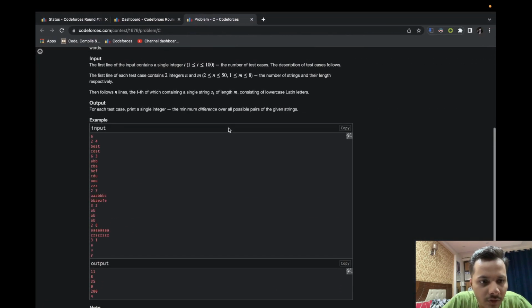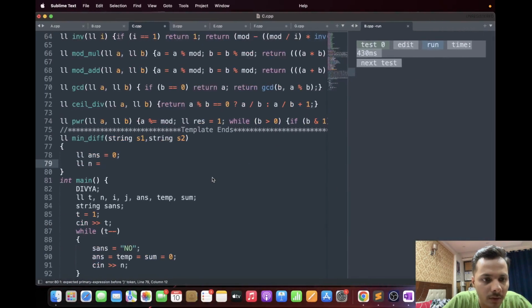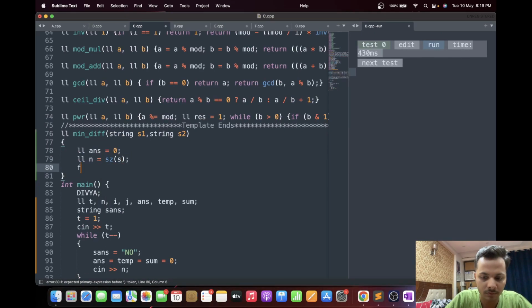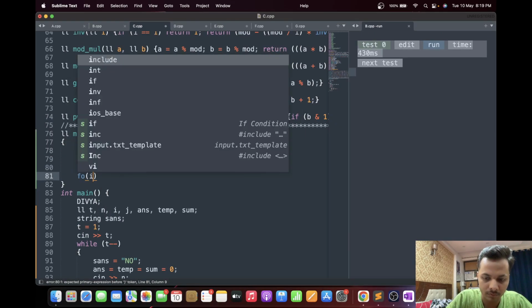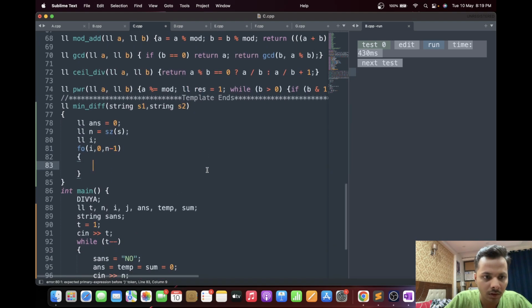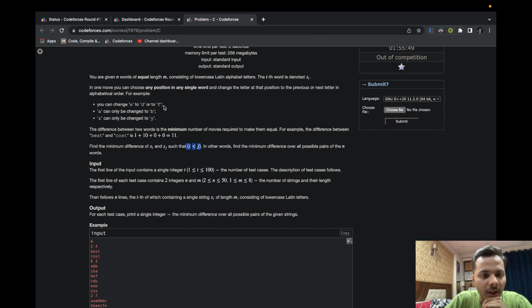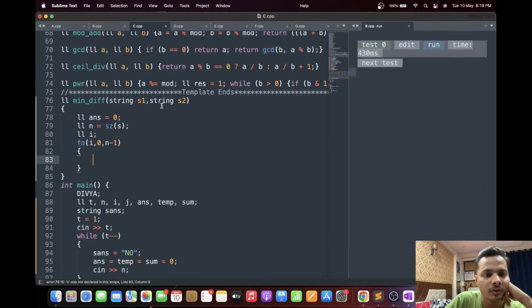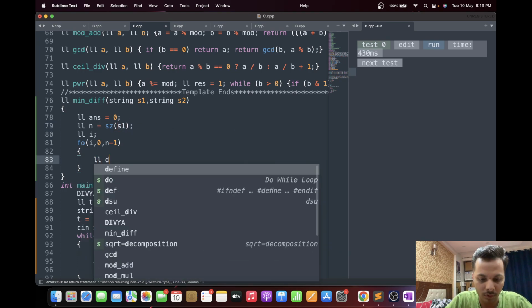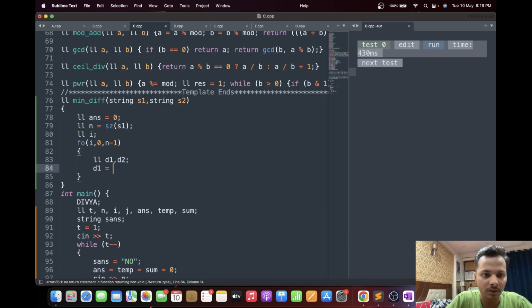So are the sizes of all the strings same? Yeah. Okay, alright, so the best way to convert is either taking the absolute difference or first going in the reverse direction and then making them equal, right? Okay, so we have two values, d1 and d2. So d1 is just going to be the difference between the two characters at this position, which will be s1 of i minus s2 of i and the absolute value of this, right?